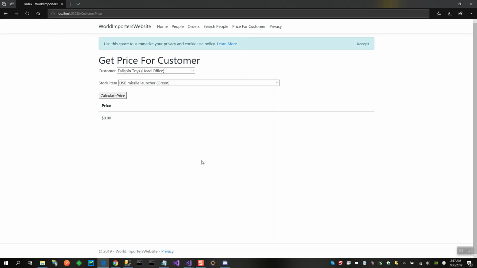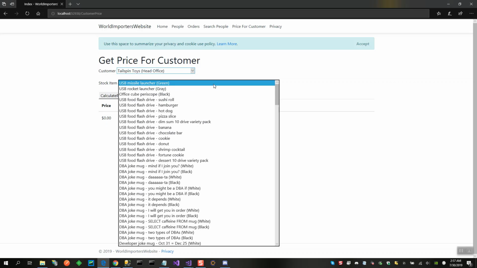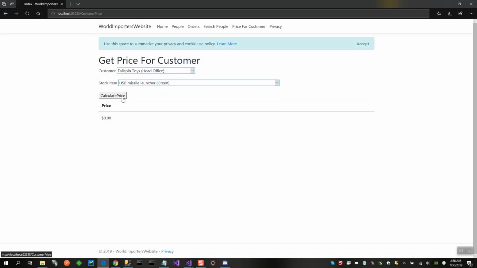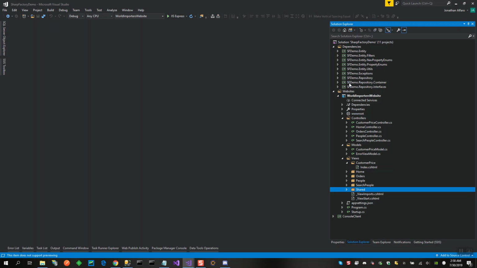I created a very simple HTML form with a couple of drop downs. One shows a list of customers and the other one shows a list of stock items. When we click the calculate button, nothing happens because we haven't hooked up yet the call to the SQL function. In the Chef Factory framework, SQL functions are generated similar to stored procedures, which we talked about in the